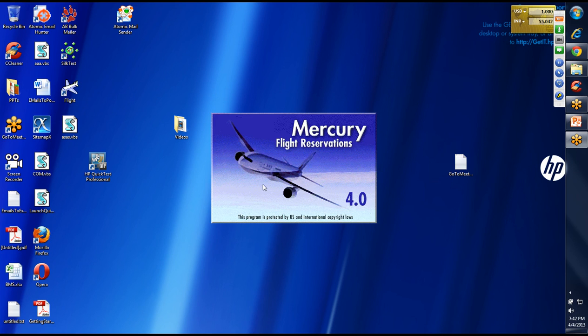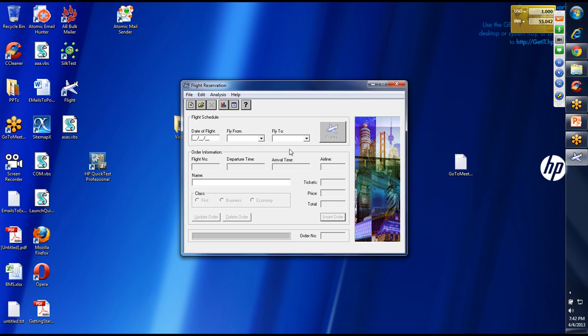But sometimes you may need to validate or check the behavior of the object or application at a specific point of time. Best example, if I take, see here,